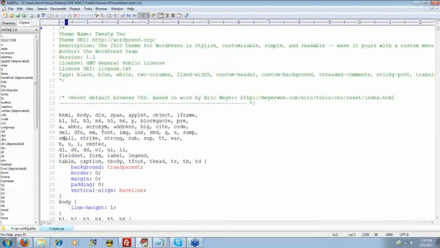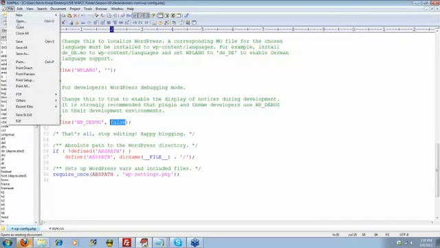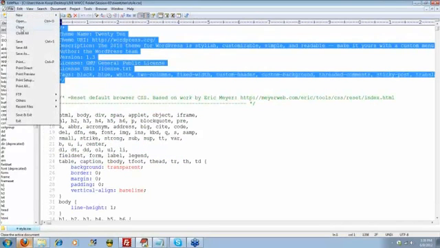Going back to the top though, this information right here is the important bit. This is the only thing that we need to do to change our CSS file in order to make it accessible or work inside of WordPress. So all I'm going to do is copy lines 1 through 10. I'll select all, Control-C to copy it to my clipboard. Let me see here. I'll close the WP config file from earlier, and we'll also open